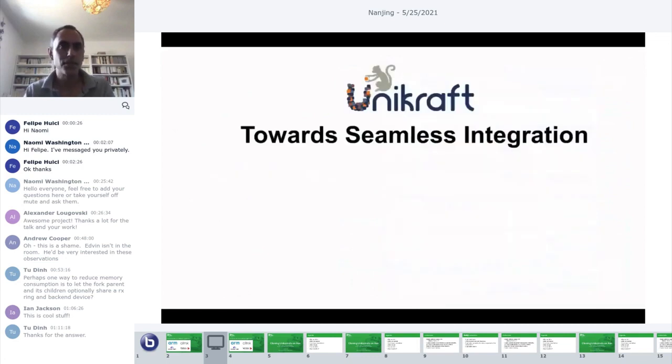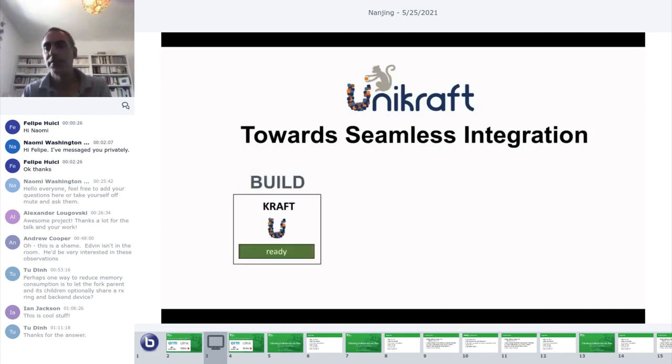Also, craft is something that we use to release tarballs and packages that you can just download directly, so you don't need to actually compile anything. And there's a lot more commands on there, so you can go in there and check it out.